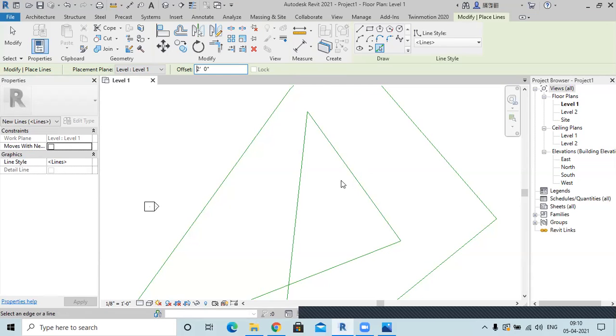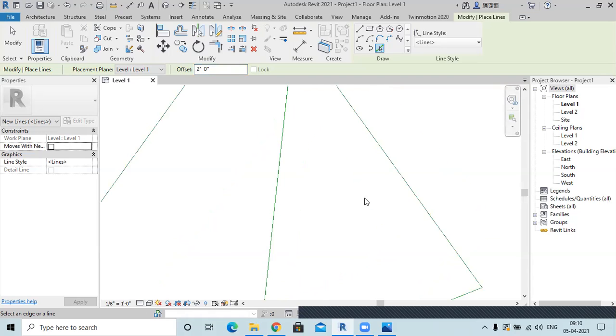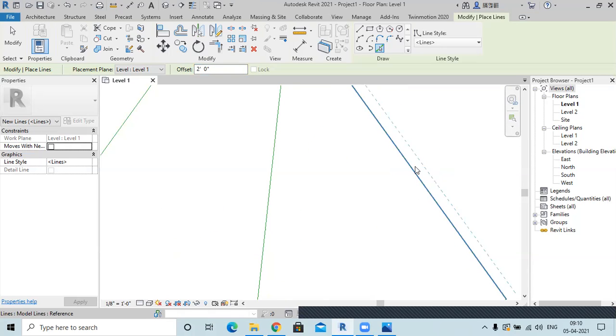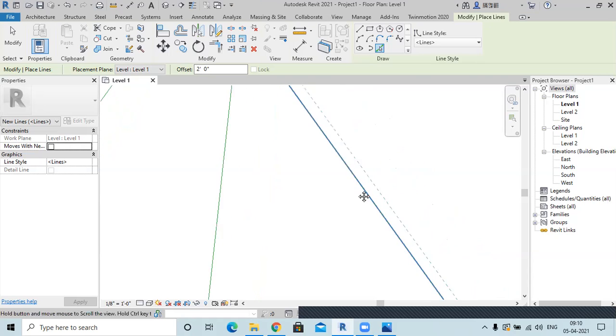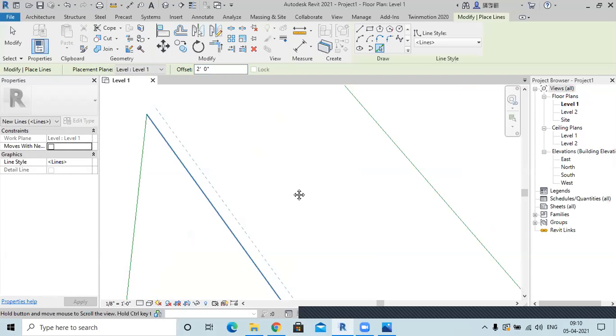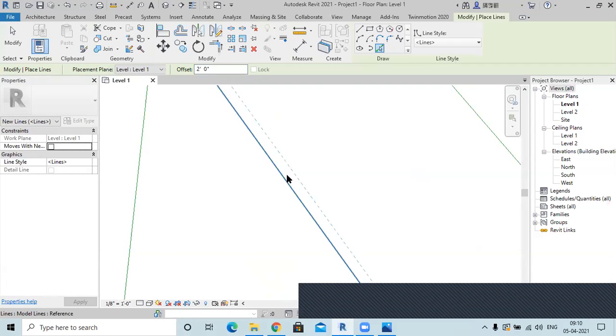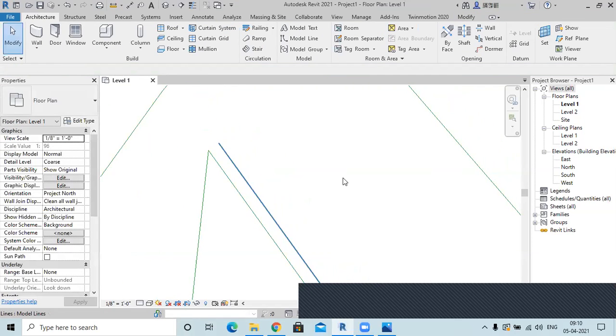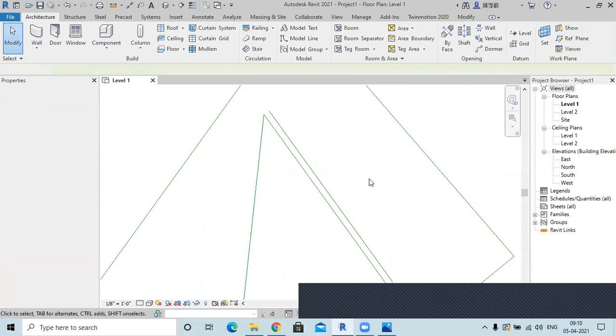Whenever I hover over it, either on this side of the line or this side, it will ask me where to create that parallel line at 2 feet. So if this side is drawn and I click with my left click, automatically it will draw a parallel line on the right side of that. Okay, so this is how pick lines works.